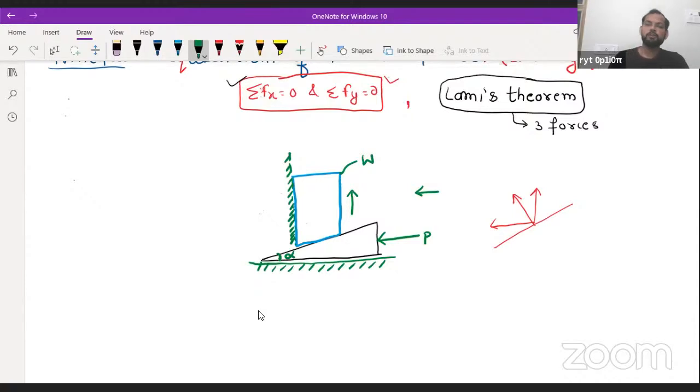Okay, very good. So this is the condition, and every time you will find this type of problem. Now, what is required? What will be asked in this type of question? The question will be like this: what is the minimum force P that is required